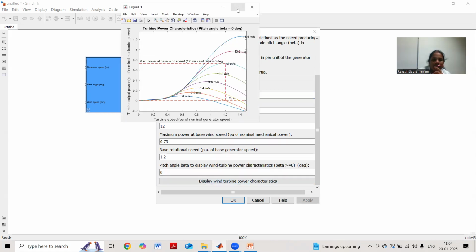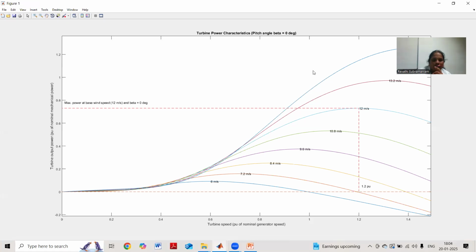And this is the characteristics of your wind turbine. Here is turbine speed versus turbine output power. Here we can see for 6 meters per second what is the waveform characteristics, for 7.2 meters per second what is the output characteristics, and 8.4. Here 1.2 is the per unit value of maximum power, that is at 12 meters per second, and your beta value